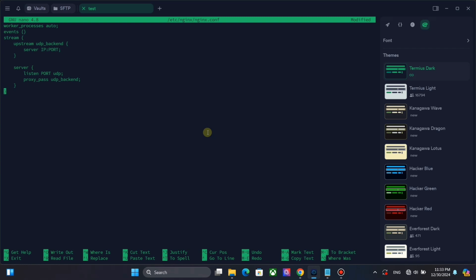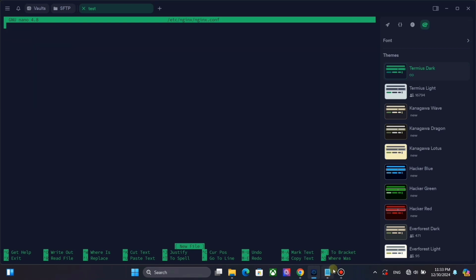Let's see. Here you need to type where traffic needs to forward. For IP, you need to type public IP address of your destination. For local connection, type localhost or 127.0.0.1. Next you need to type port number as port. This is port number of destination. This is port number for listening incoming UDP traffic. This is what we need. This configuration sent UDP traffic incoming from port 456 to port 577 on 213.15.97.143 IP address.